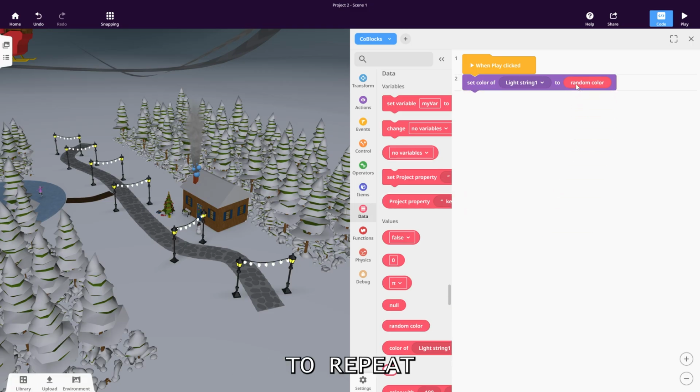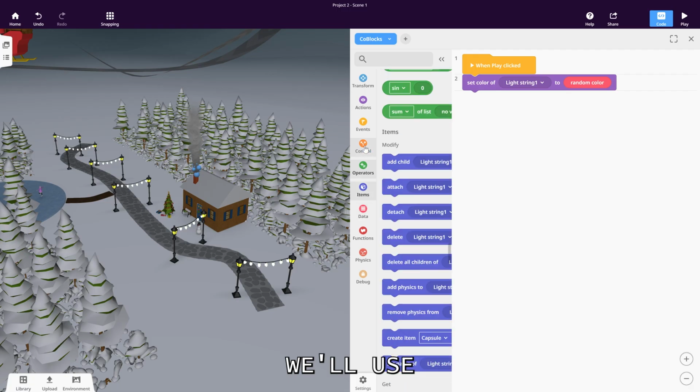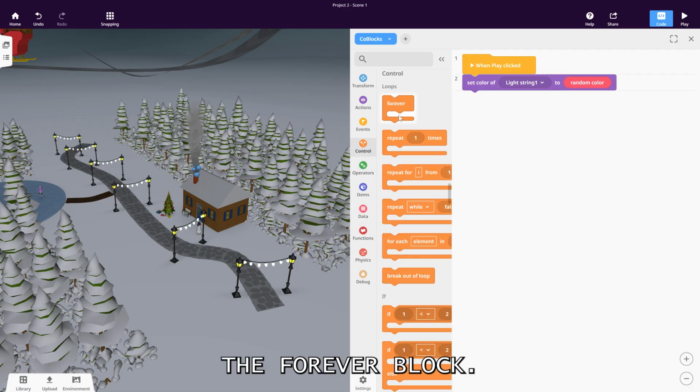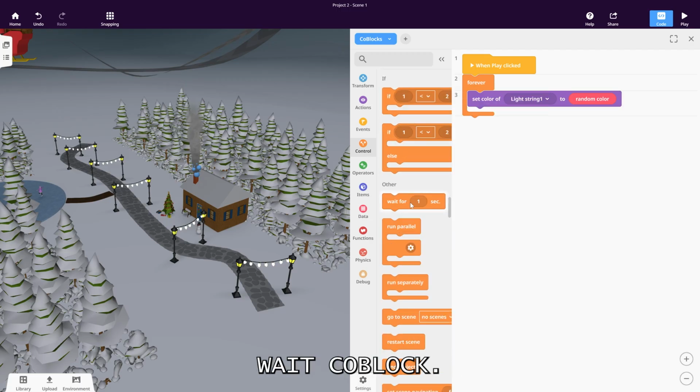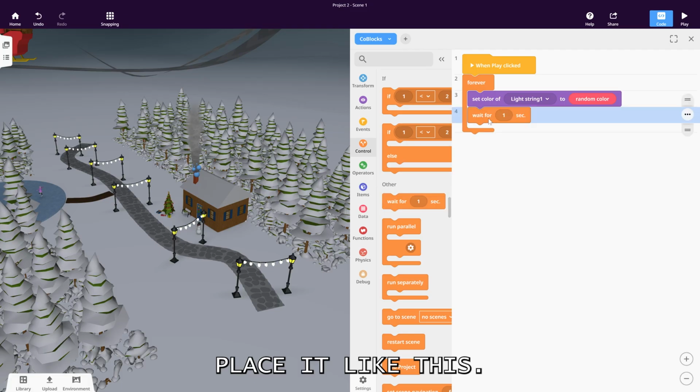Since we want this effect to repeat continuously, we'll use the Forever block. However, the color would change far too quickly, so we need to slow it down with a Wait co-block. Place it like this. All that's left is to duplicate this co-block and assign it to all the other light